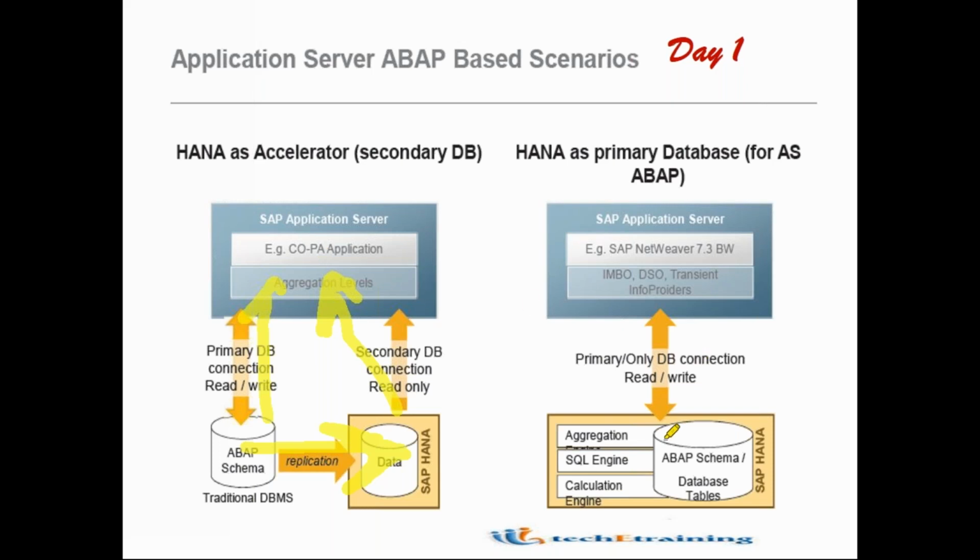Okay, one more is HANA as the primary database. Here we are replacing the Oracle database with the HANA database. This is also called Business Suite on HANA. The new brand is S4 HANA. We are replacing the existing Oracle DB with the HANA DB. So we can use full-fledged HANA here, and HANA artifacts like CDS, AMDP, ADBC, ALV, ADA. These are all HANA modeling. Everything is available here. We can do everything. Clear? Yes, yes, Venkat. Thank you so much.